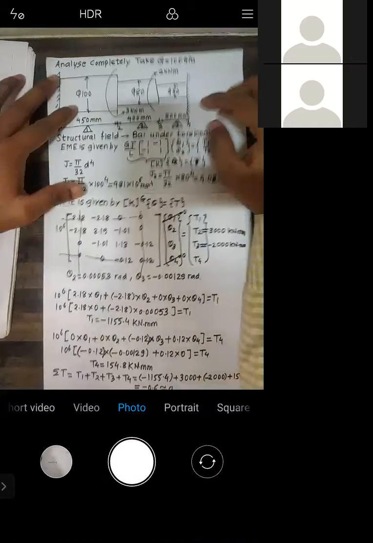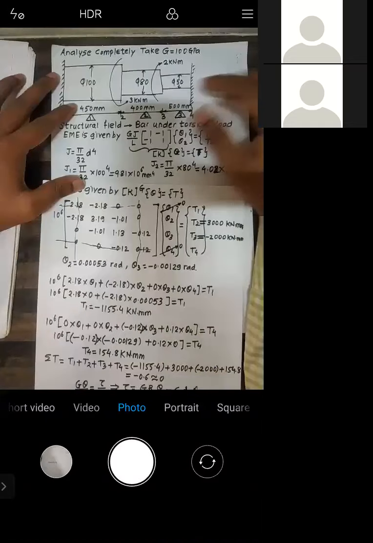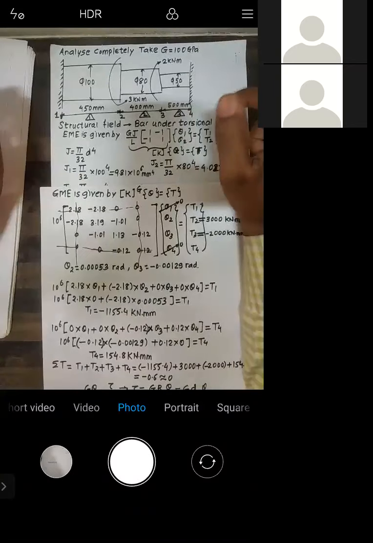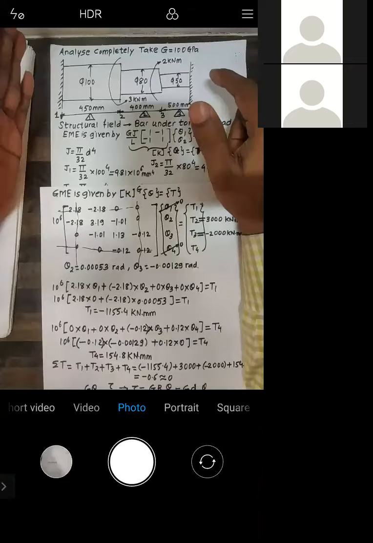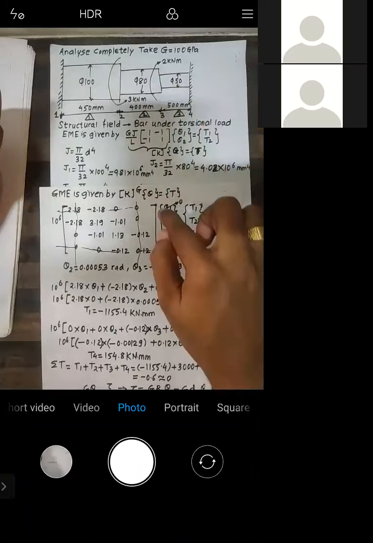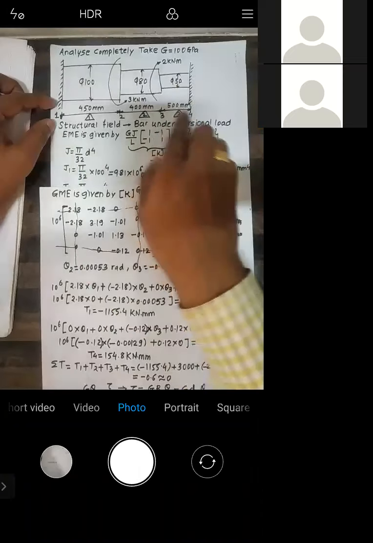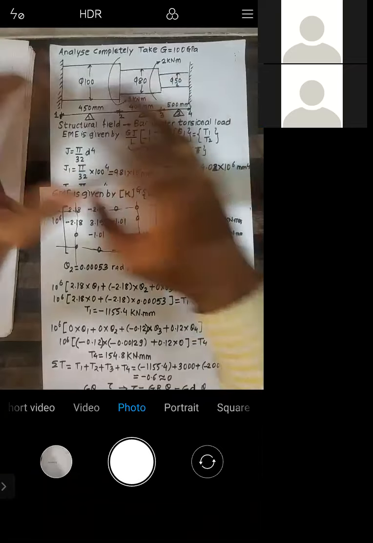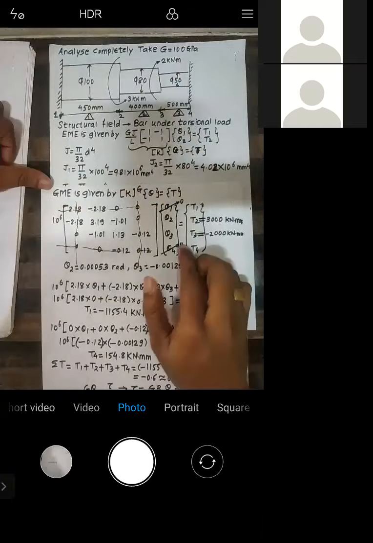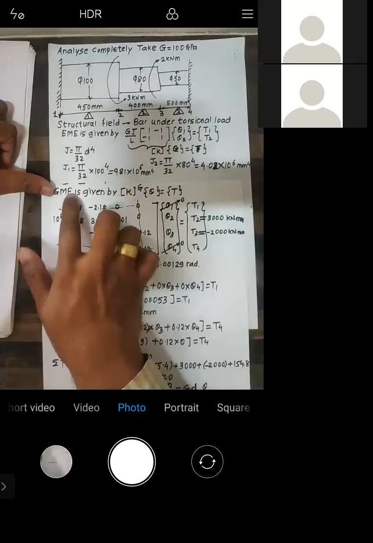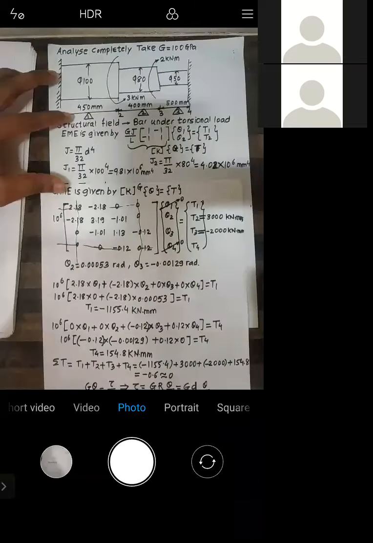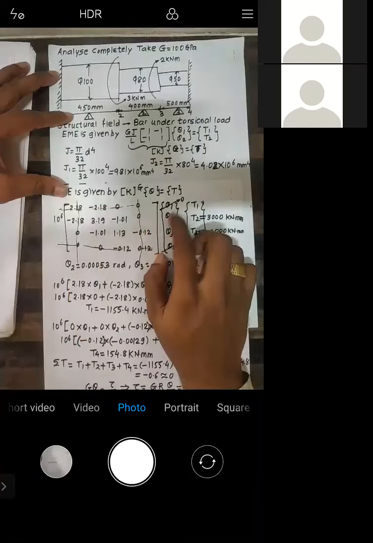See, in this problem it is fixed at the ends. Okay, it will simplify your equations which you are supposed to solve, but at least it is required that it should be fixed at 1 end. So if it is fixed at 1 end, then only you will be able to apply the forces, right? So when you apply the displacement, see at node 1 and node 4, it is fixed. That means those nodes are not able to move. They cannot move anywhere. That means displacement at that particular node is 0. And whenever a displacement is 0, then that particular row and that particular column gets cancelled. Okay. So you need to now solve the system of 2 simultaneous equations with 2 unknowns.